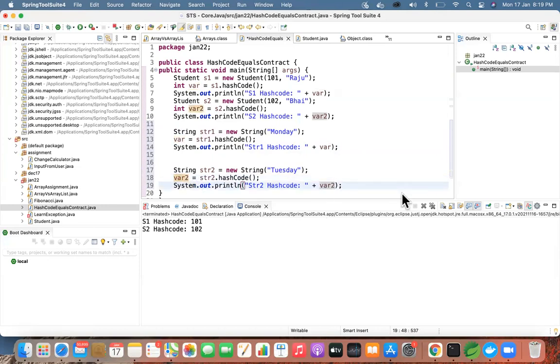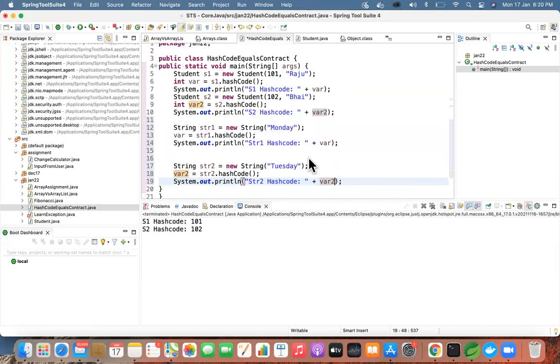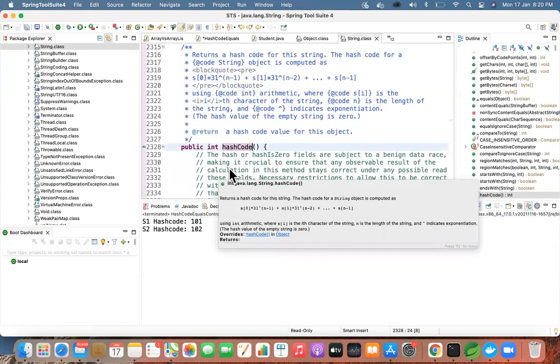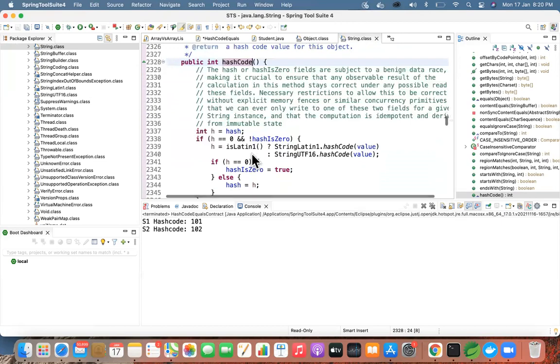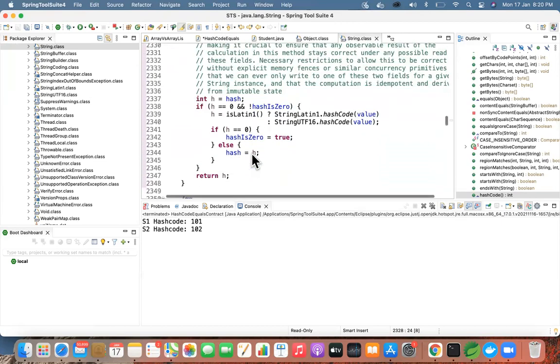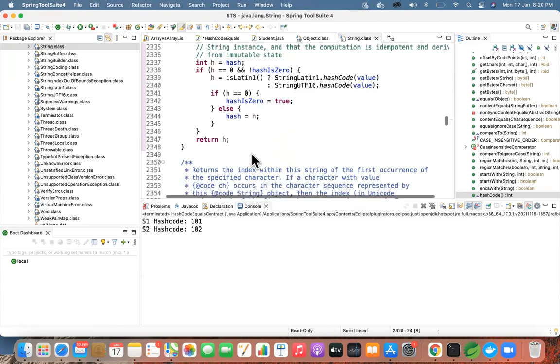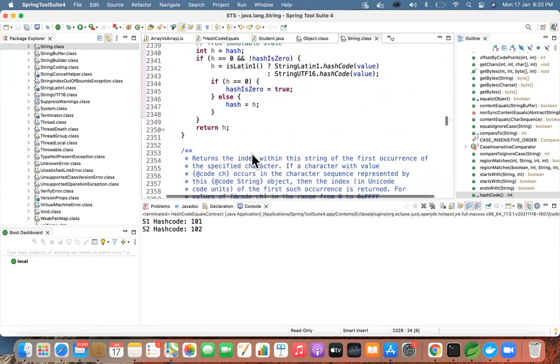So now if you go to the hash code method of this string, can you go to that one? Just control and click the hash code method. Yeah. So now if you see here, this is not a native method. It has its own logic. So we are checking whether h is equal to 0 and we are comparing the values. If it is equal to 0, we are returning true, or else we are returning the relevant hash value which we are obtaining finally. So they have some more implementation.